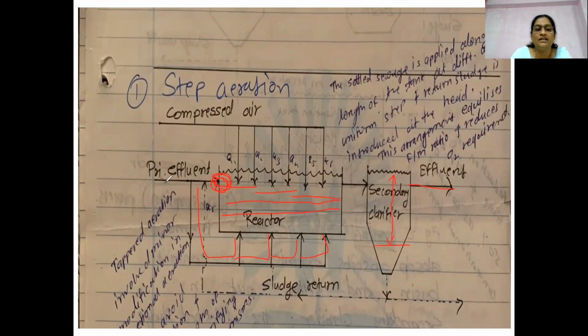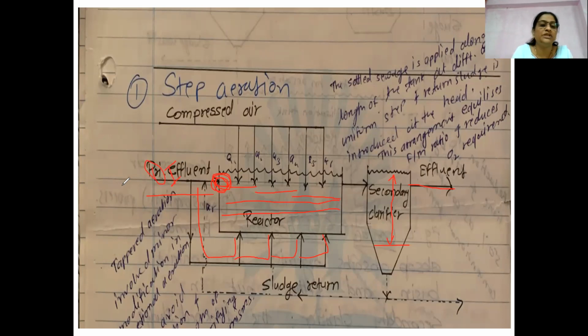When it is entering, it is known as the influent. When it is exiting from that particular tank, it is known as the effluent. Here I have written primary effluent. If the word primary is not written, I can write influent here: when the wastewater is entering into this tank, I can say influent, if I have not written the word primary. Otherwise, if primary is written, the wastewater has exited from the primary tank.